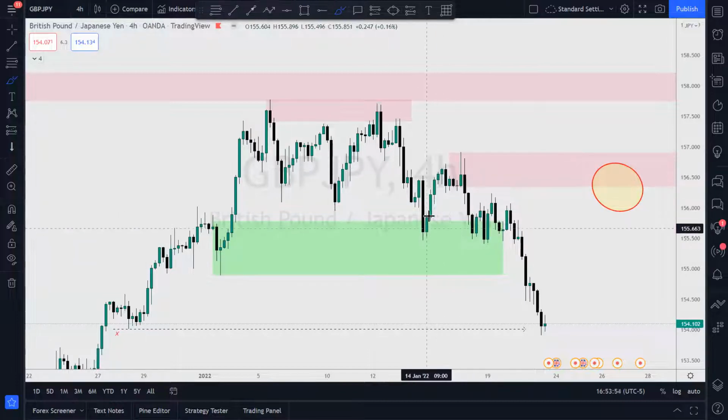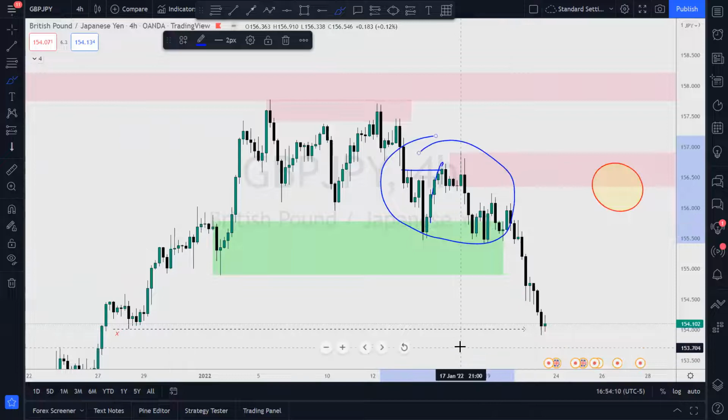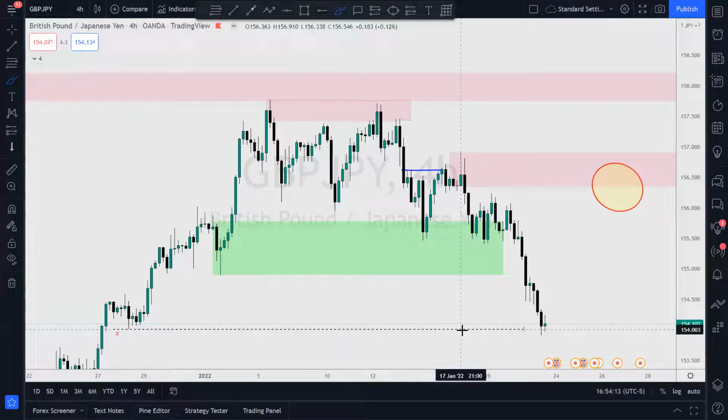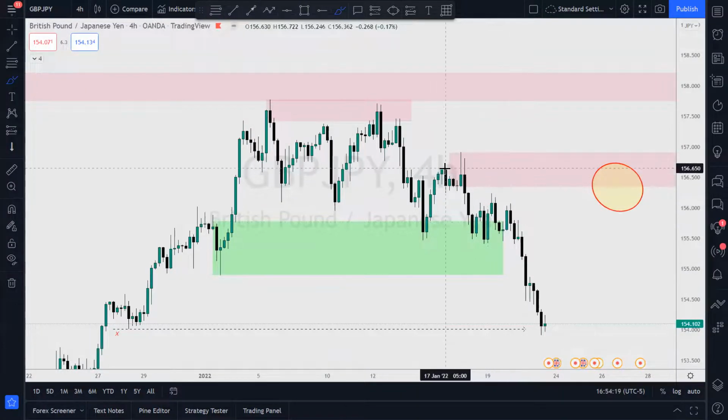And price reacted, came up and took out the liquidity here. That's important. From a demand zone, we want to see that taking of liquidity here, because this is a potential flip zone. We might be developing a potential flip zone, and you want to see that reaction take some liquidity, okay? So what happens here? We take the liquidity, we see a pullback,